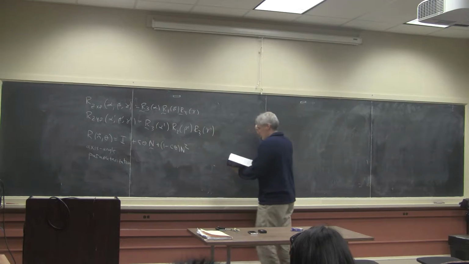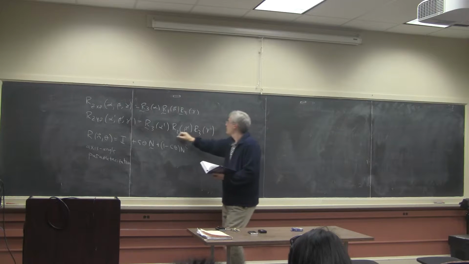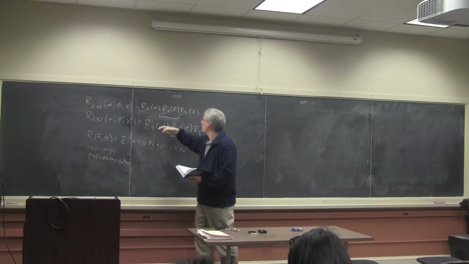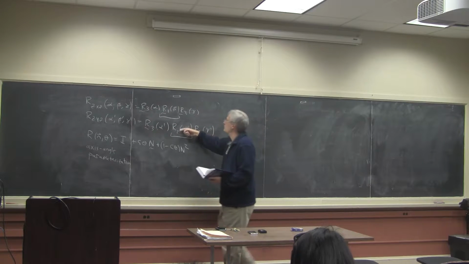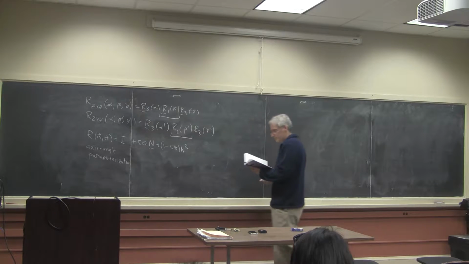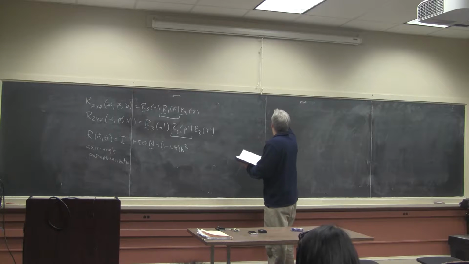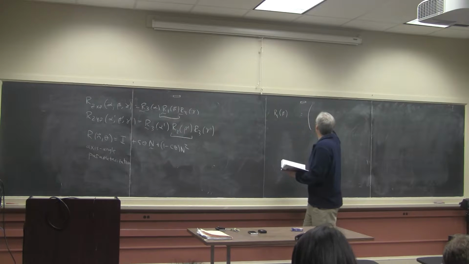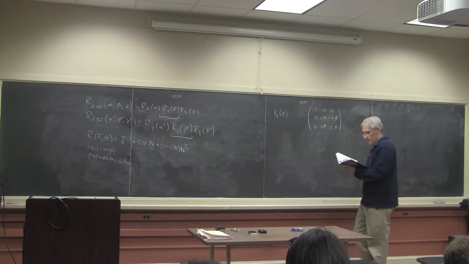So here's a trick. These guys are related, so obviously these are the same except the angle is different. And these two are related to each other in the sense that if I give you R1 of beta, which is the matrix 1, 0, 0, cosine beta, negative sine beta, cosine beta. If I give you this matrix,